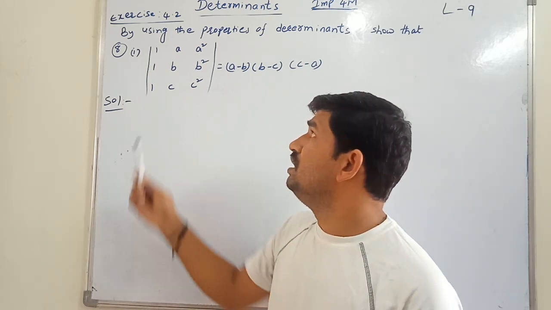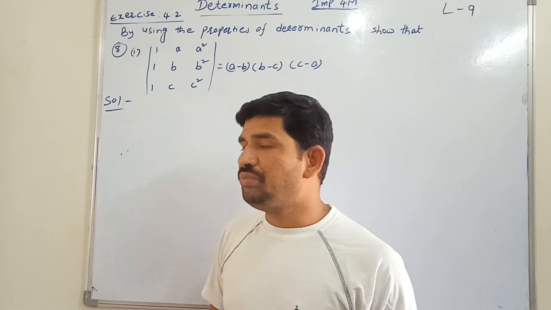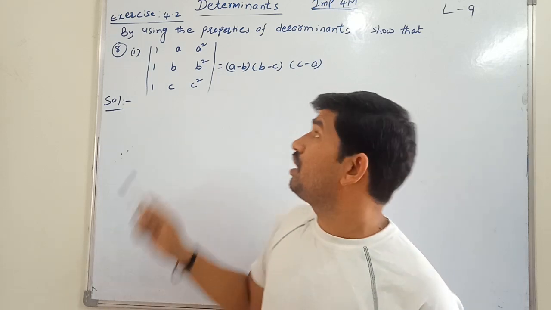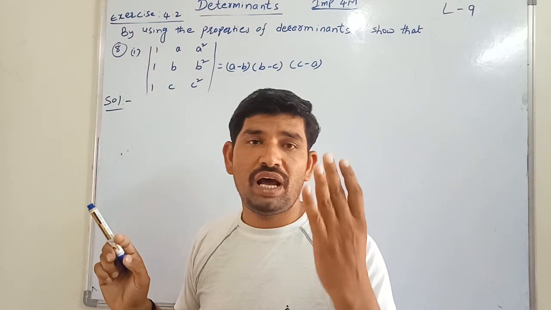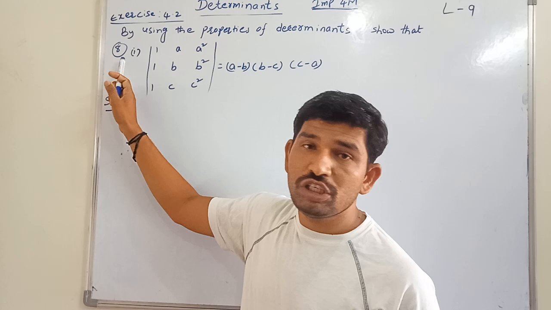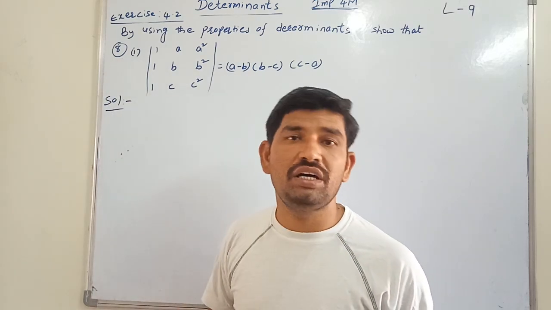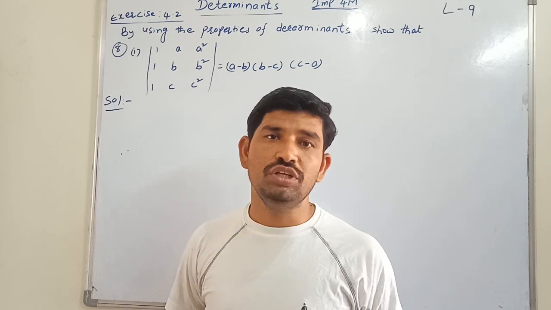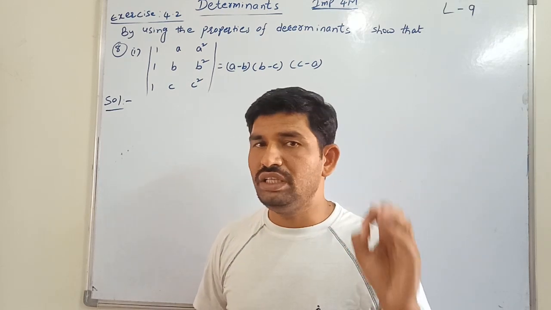We have started exercise 4.2, as I told you in the previous video also. From this exercise 4.2 we are having the 4 marks questions. Among those, the important questions I am going to continue in this class: question number 8, and after that we can continue question number 11 also. These two questions are very important for 4 marks in this chapter.